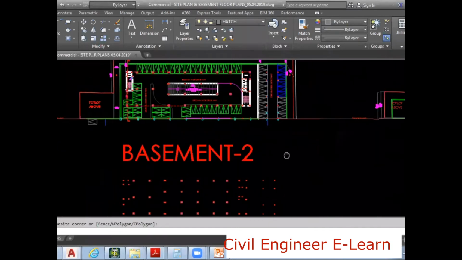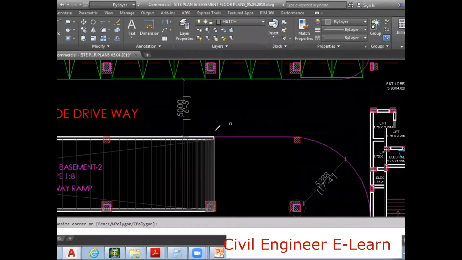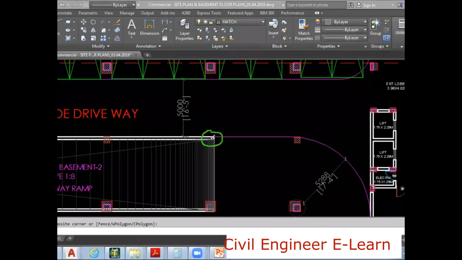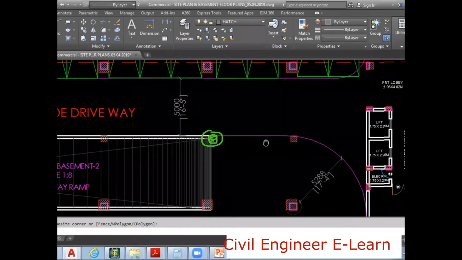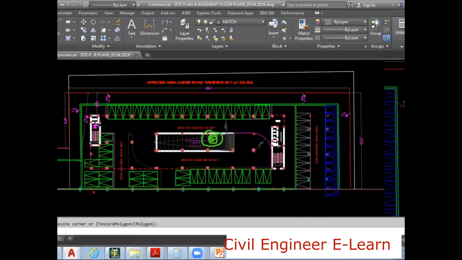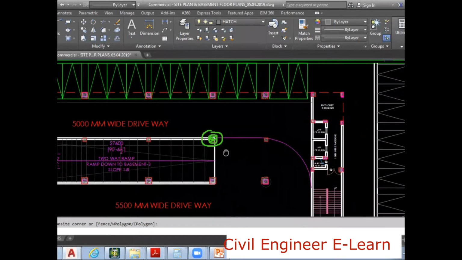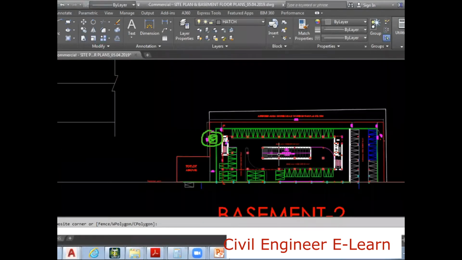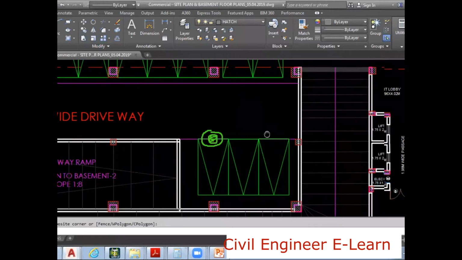I will also check with basement 3. As per basement 3, yes, I can keep one more column here. If I keep a column, is this really going to affect? No, it's not really going to affect, right? So this is fine. It is going to affect only one level, that is basement level 1 only. Sorry, not here, this one. So this is the point exactly. No problem, we will continue it.